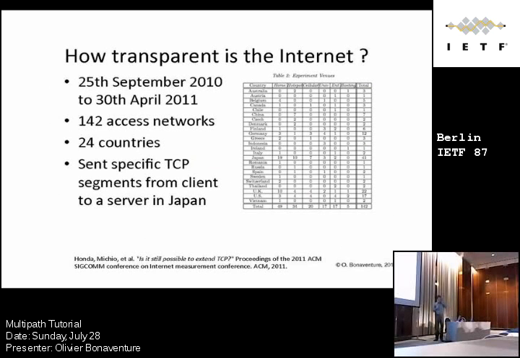Thank you for the conference. Understand that there are quite a lot of modifications that could be done to the TCP